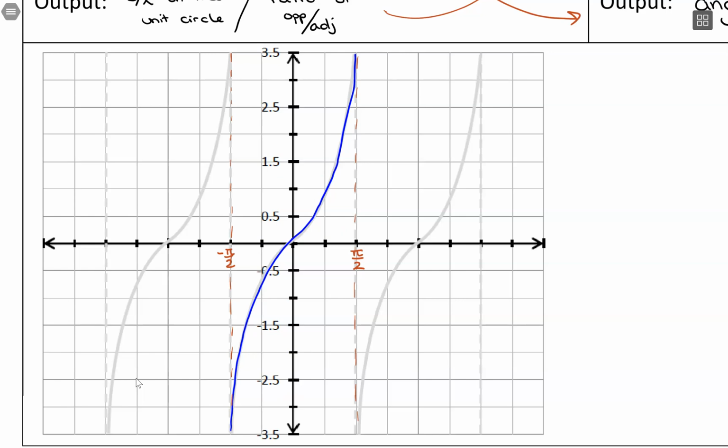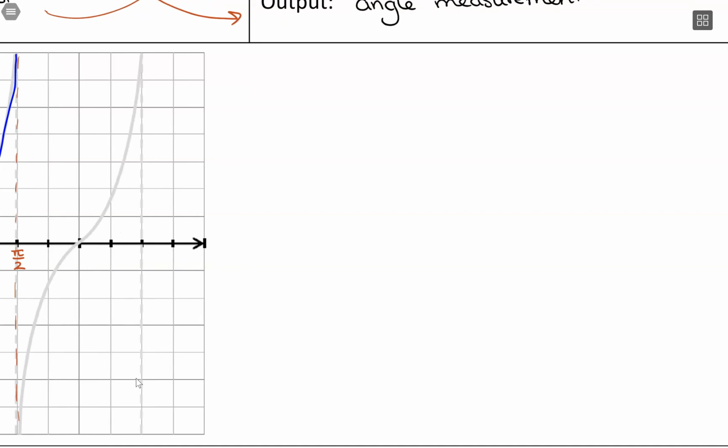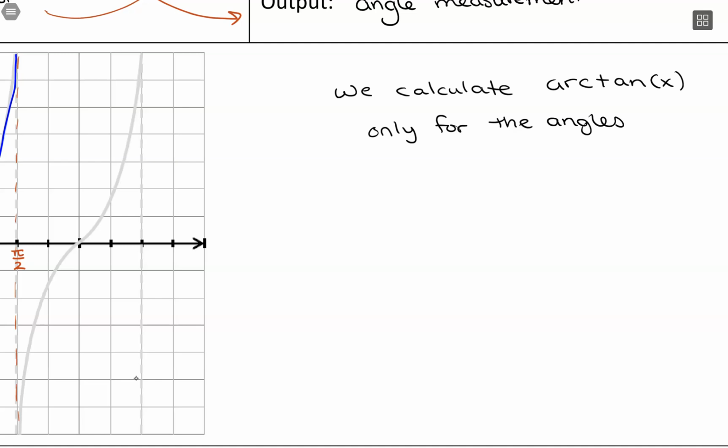One piece of this, so we're going to restrict our angle measurements to negative pi over 2 and pi over 2, but something to notice is that we can't actually have pi over 2 itself or negative pi over 2. Since that's an asymptote, our graph never crosses those values. So when I follow that notation that I was writing for the other ones, we calculate inverse tangent only for the angles, and we would be going from negative pi over 2 to positive pi over 2,